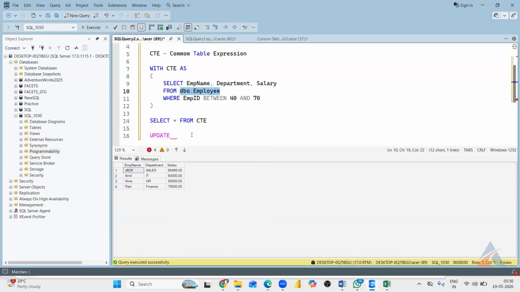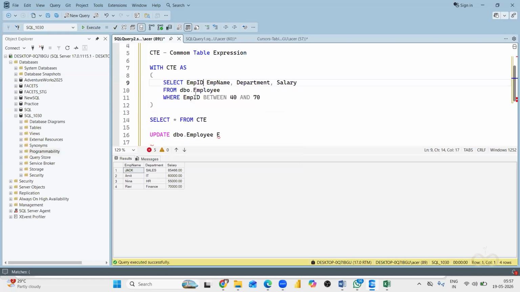Okay, for the employees we got from the CTE, I need to update the salary. I need to have a unique salary for all those employees. So I need to update this employee table by joining with employee ID. I will take the employee ID as well here, and by joining with this CTE, I need to update this